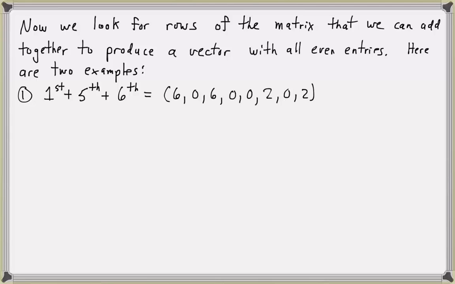And if we add the third row and the seventh row together, we get the vector 0, 0, 2, 2, 0, 4, 0, 0. So when we write out the corresponding factors,